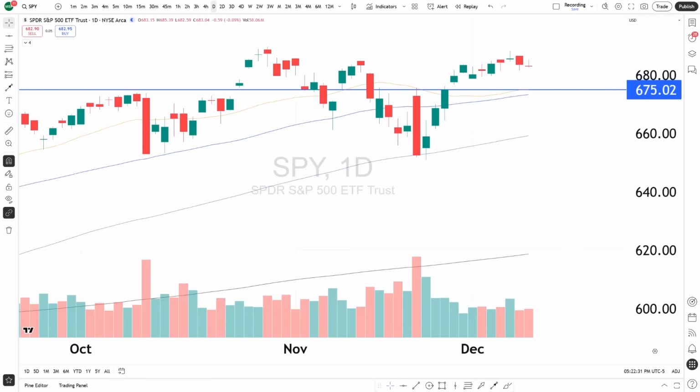So just to wrap up a few things within the SPY, whatever is going to happen with the Fed tomorrow is going to happen. In reality, it's going to go one of two ways. It's going to go up or it's going to go down. There's no real way to tell where it's going to go. But what we do have that not a lot of traders have is key important levels that actually work.